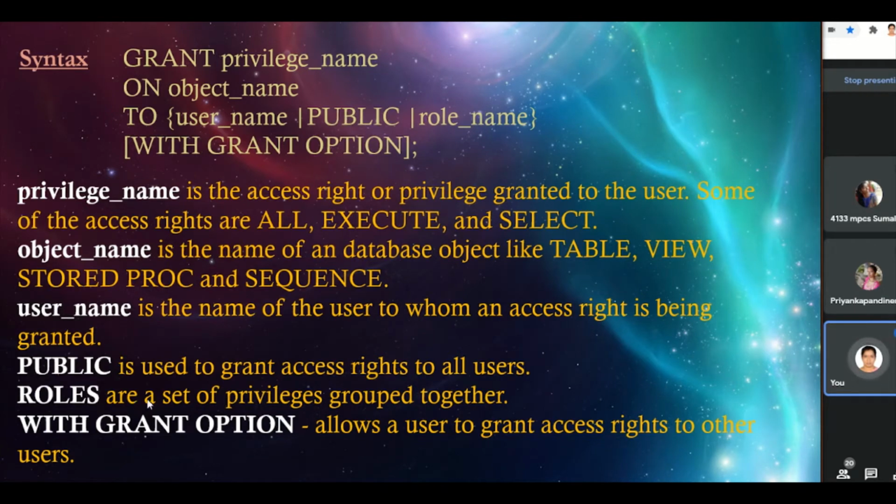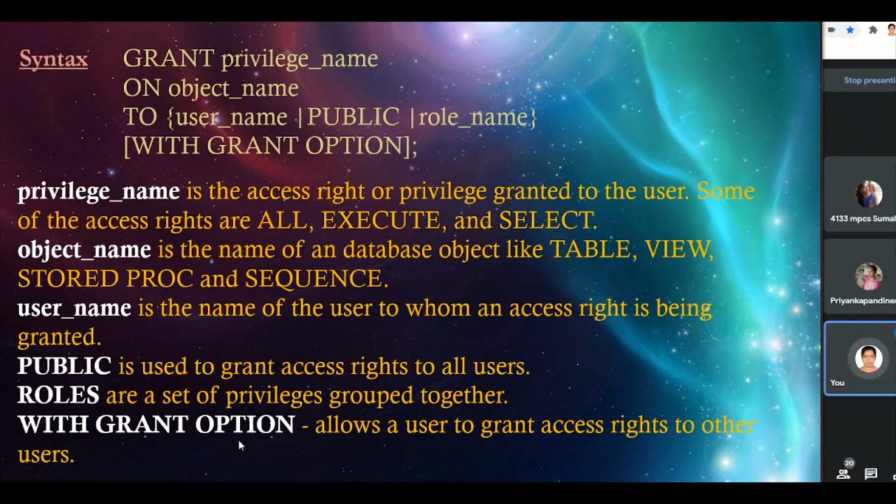And roles are a set of privileges grouped together. Here the role name can be a set of privileges. We have different privileges, and by using ALL they can also be granted. All the permissions are set by the roles.